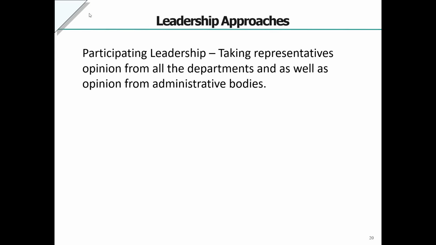Participative leadership means discussion in groups, providing information from the several bodies, and sharing ideas. This is the type of leadership we have followed.